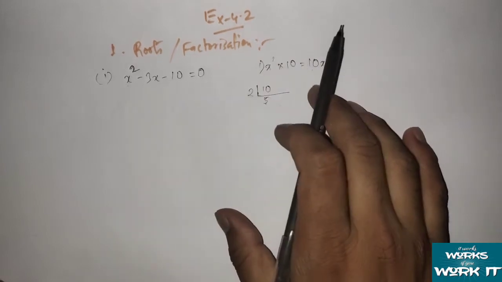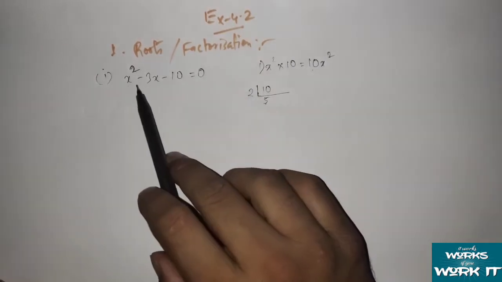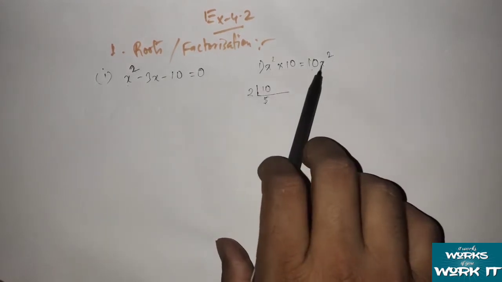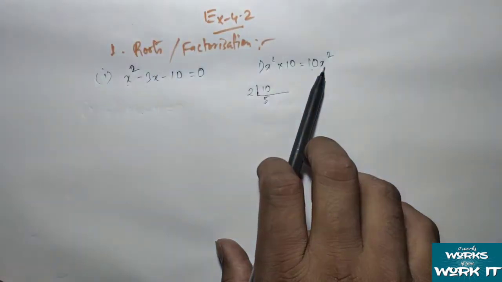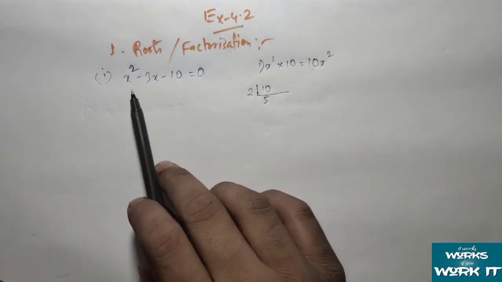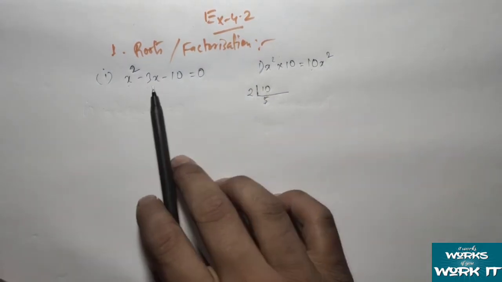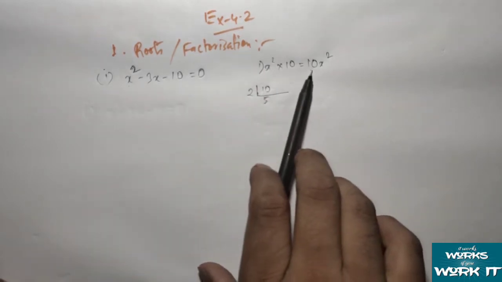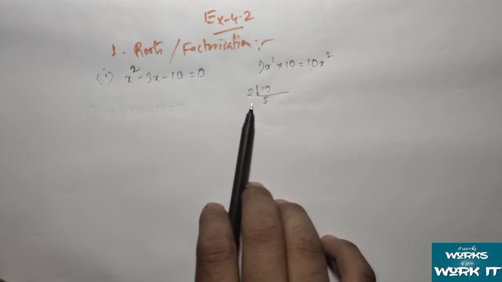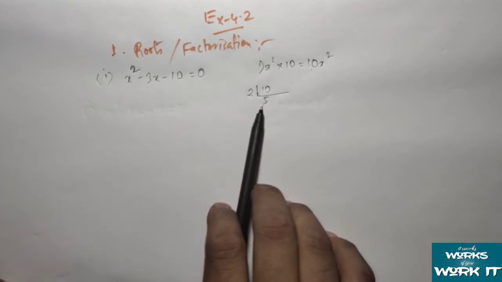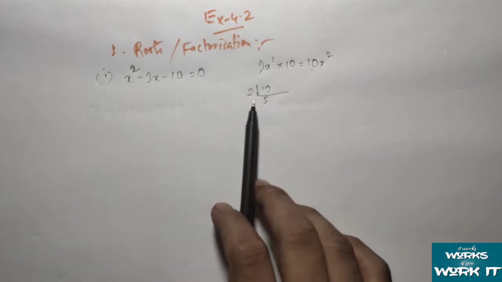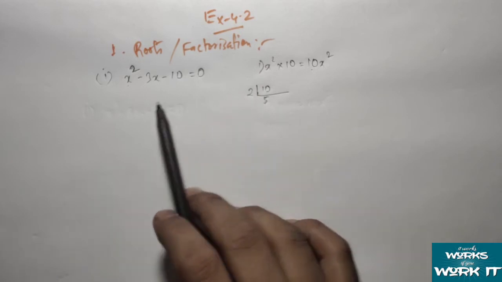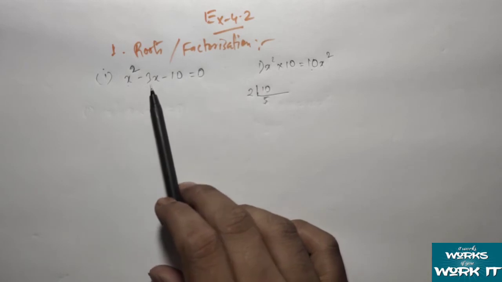Okay, you understand this step? First step is to multiply the first term and the last term. How much are we getting? 10x square. Okay, so after this we need to see that the middle term is 3. So using this 10 we need to find out two numbers, or we can say two prime numbers, after adding or subtracting which we can get the middle term, that is 3.